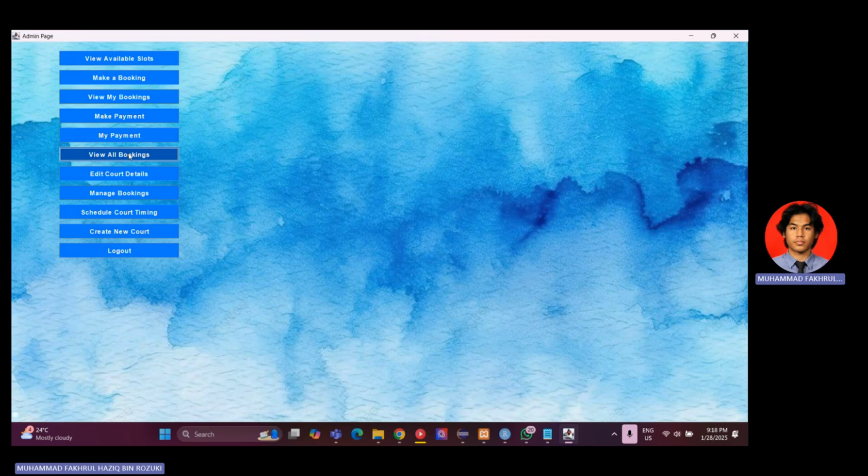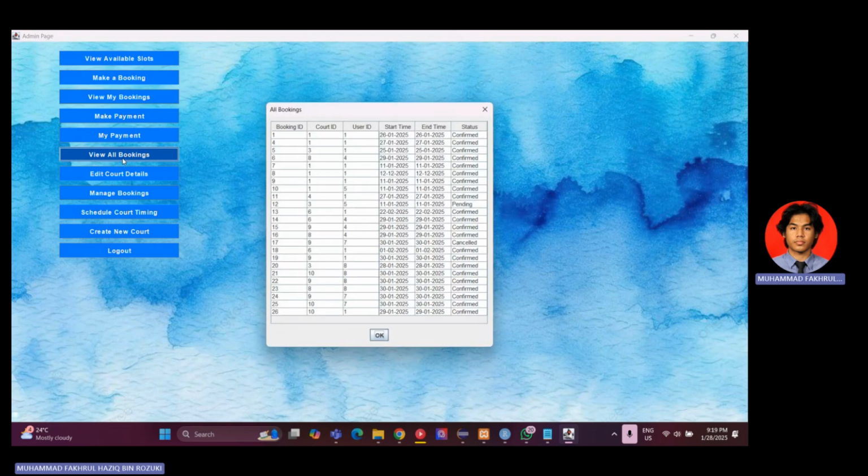To view all the bookings which have not been made by myself or the current logged in user, but all the users, this is a privilege for the admin, since admins need to analyze and also generate any relevant report for their sales and revenue of the court system. So in order to do that, they need to view all the bookings that have been made by the customers. To check that, we can click